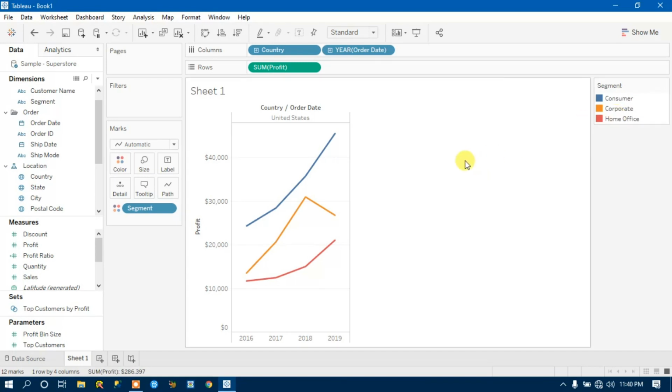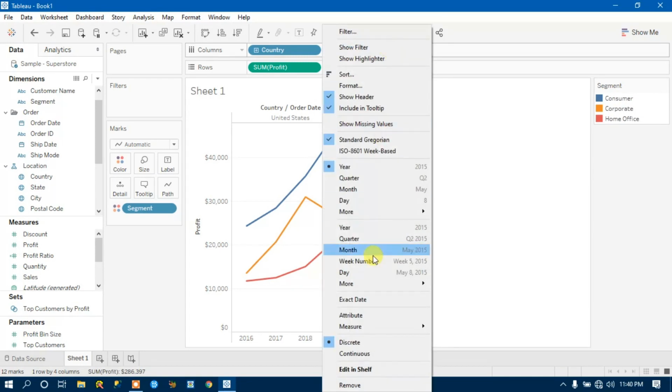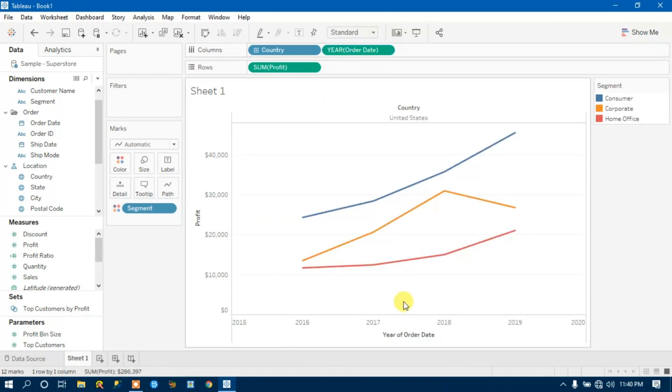And let's say if I expand it, if I change it to continuous, what will happen? It will show me in a continuous mode, right? This is the continuous mode trend line, you can say, which is available. And if I hover over it, it says 2016. Again, if I hover over it, 2017, 2018 and 2019. Against each year there is some amount of profit that is being generated, right?